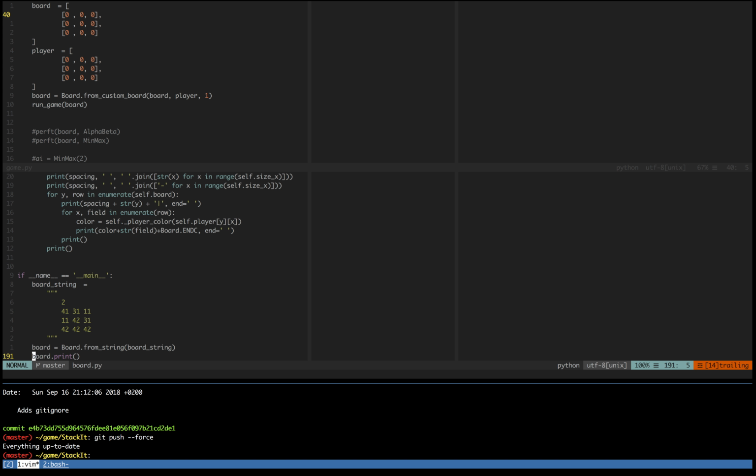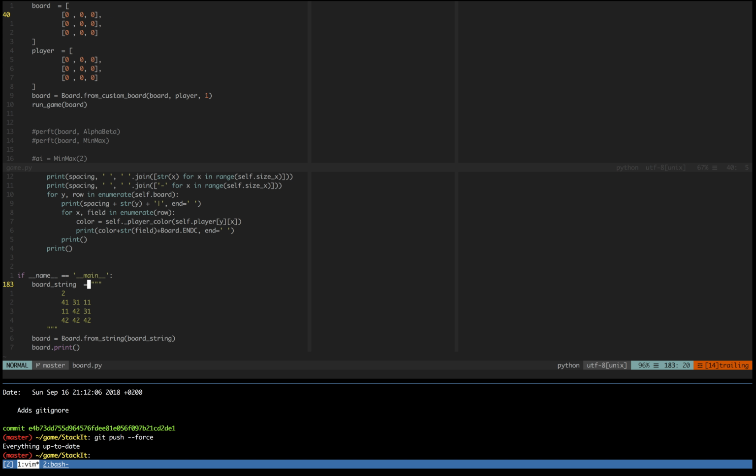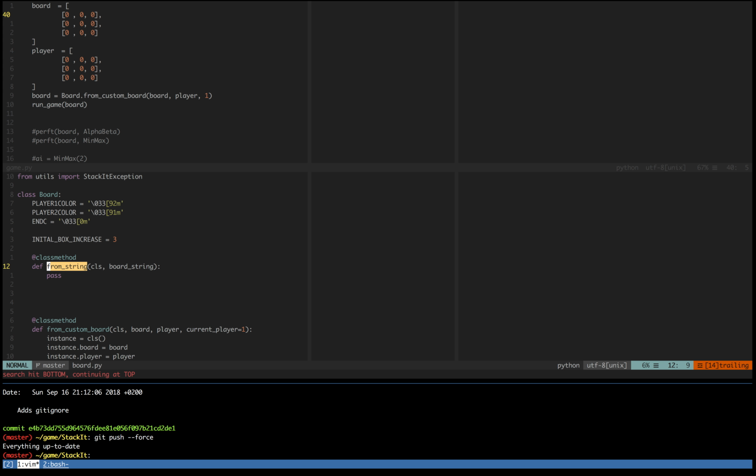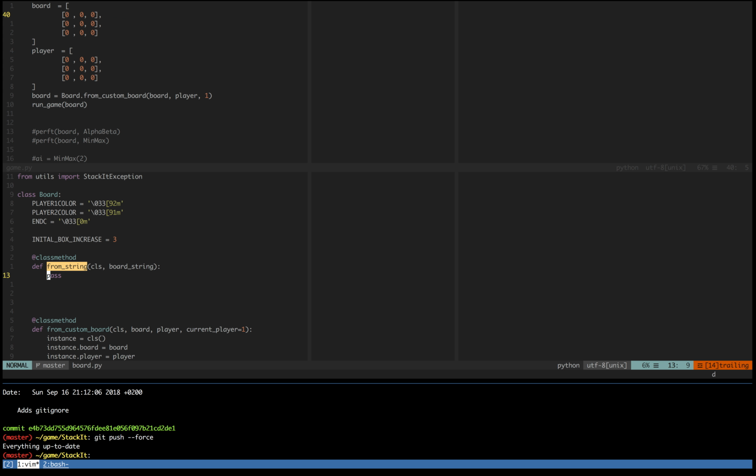Invalid syntax, board string equals, so yeah, Python doesn't like this. Non-object has nothing. Okay. In case you didn't see the errors, the first error was that it doesn't like the line ending on nothing because I new lined the string, and the second one said the NoneType doesn't have a print function. This is because we're not returning anything from here. So we will,